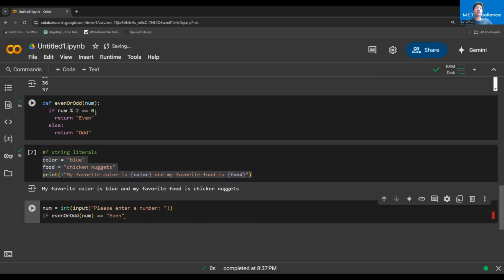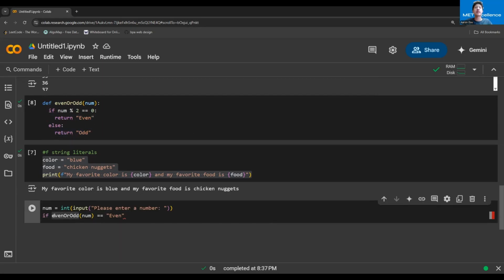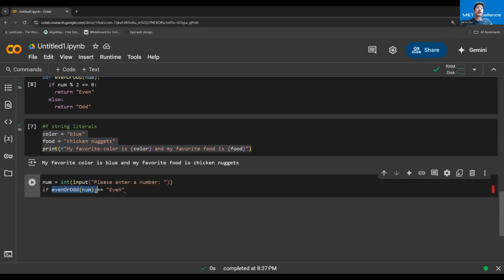So remember, when we return things in functions, when we call the function, nothing happens because the function basically just becomes the variable that it returns. So we need to assign it to something, or we can use them in statements as if they were variables. So I can say if even or odd num is even, maybe I'll print,